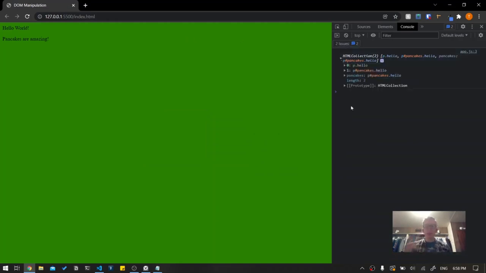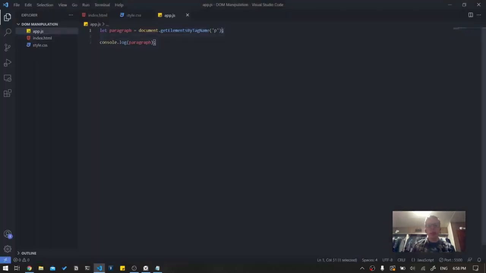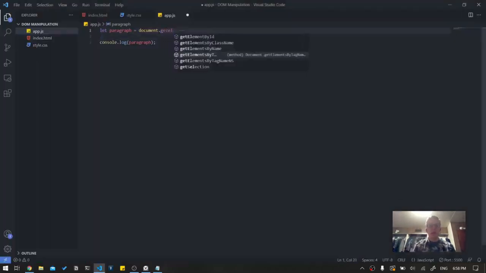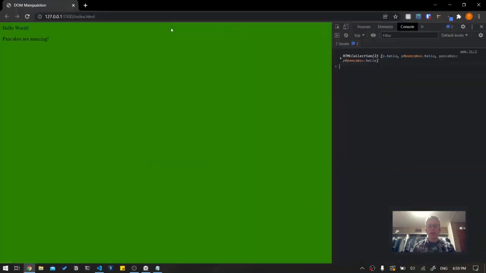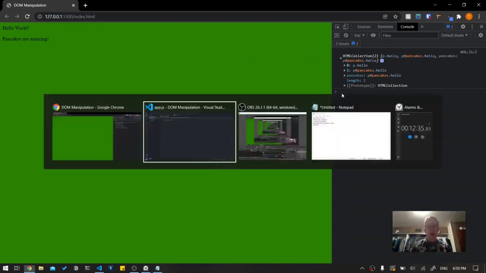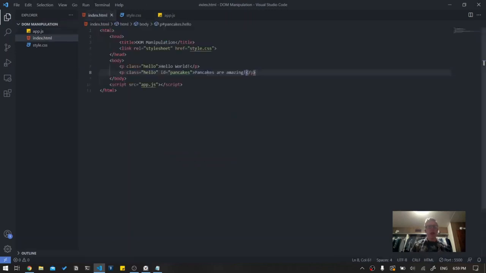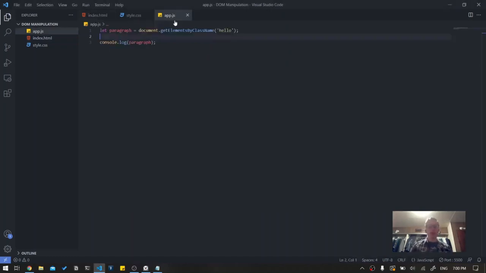There's two elements. Now, even if we say get elements by class name and we say hello, it's going to return two objects. So we can specify a little further what we are wanting. So if I want it to have a class of hello and an ID of pancakes, that's where I can use the query selector. So what we will want to do is come over to app.js and let's say